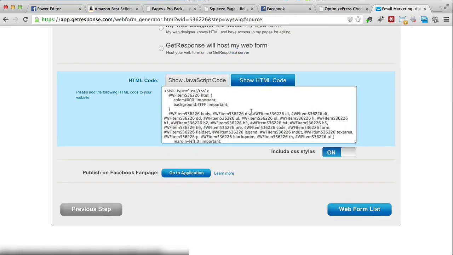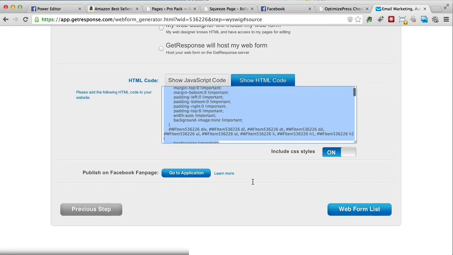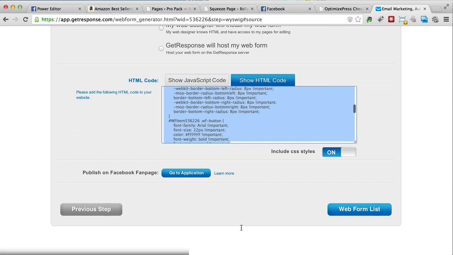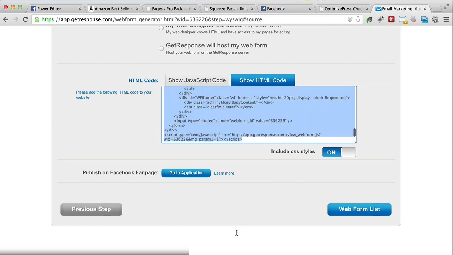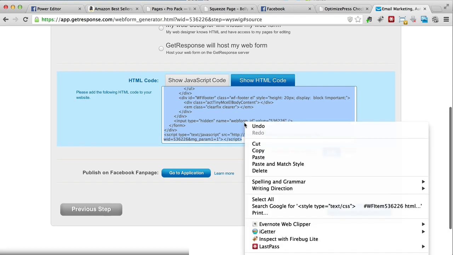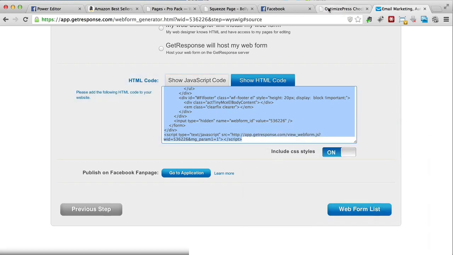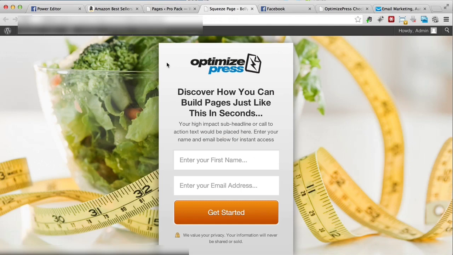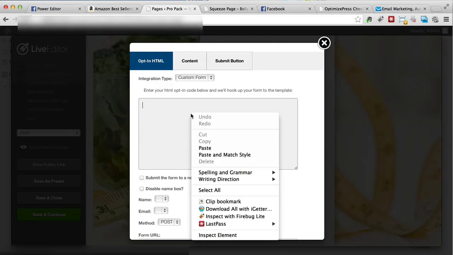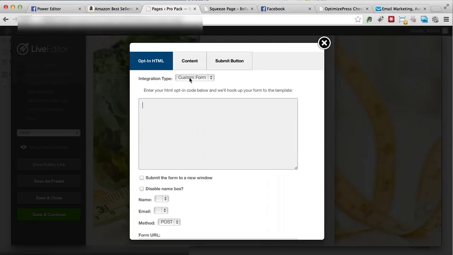I'm also going to click Show HTML Code. This is actually very important. Make sure you show the HTML code, and you need to grab all these codes. You can actually just press Control+A or Command+A if you're on a Mac. Then you need to copy it, come back to OptimizePress over here, and integration type,